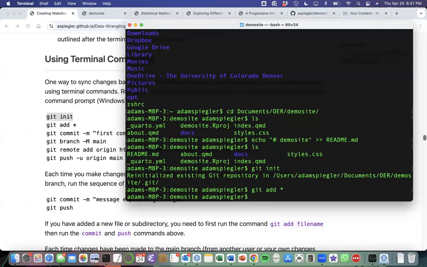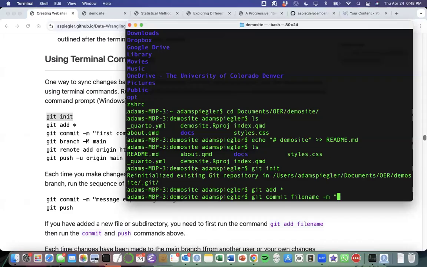What I've done with git add is I've said all of these files locally on my computer should be under version control. The next thing I'm going to do is commit them to GitHub. So now I'm going to say stage these files that have had changes made to them to be synced in GitHub. This is the commit stage. So here I could say git commit. If I'm just making a change to one file, I could type that individual file. Since I want to commit all of the changes I've made, I'm not going to type any file name, but in general, you could say something like, this is the file that I changed. And then I'm going to type